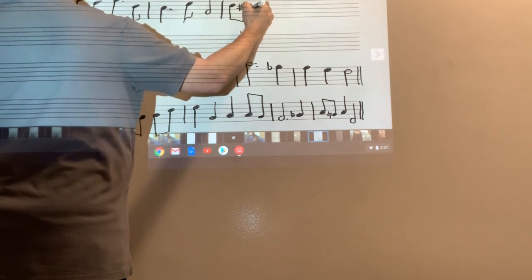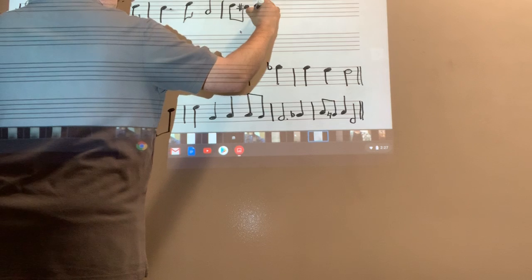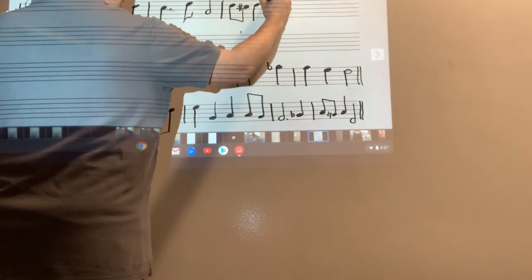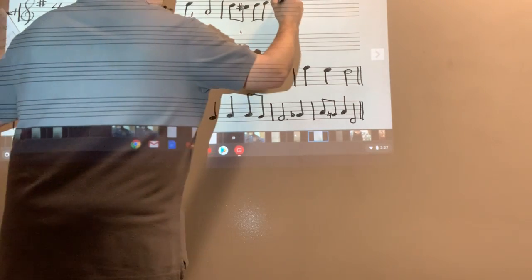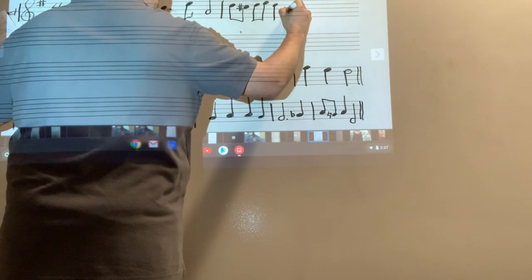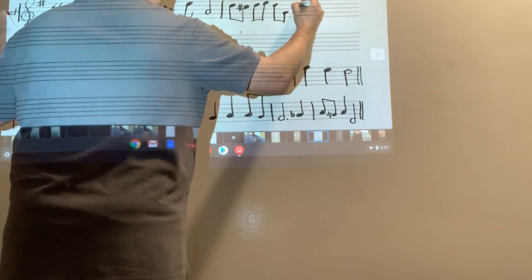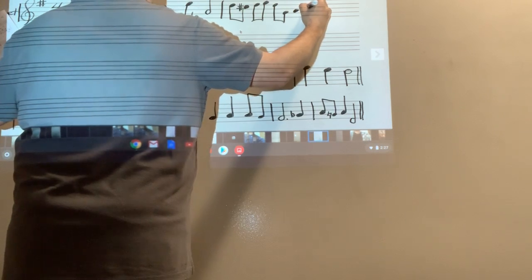So the B natural becomes C sharp, the C becomes D, and the D becomes E, and the C becomes D, and the F becomes G, and then you do the 4 16th notes, which is A, B,